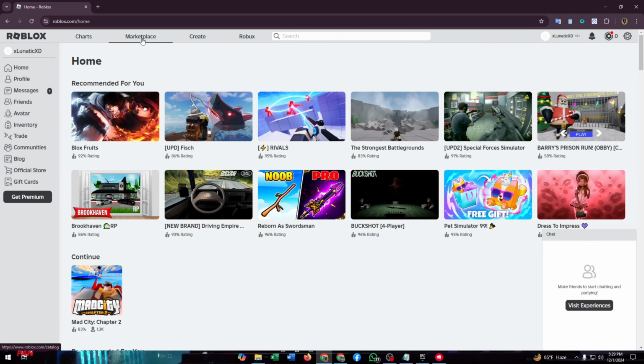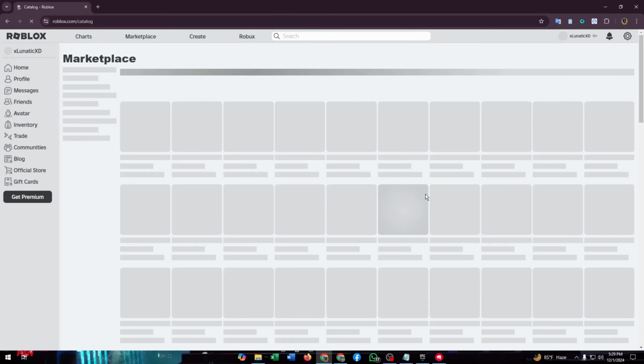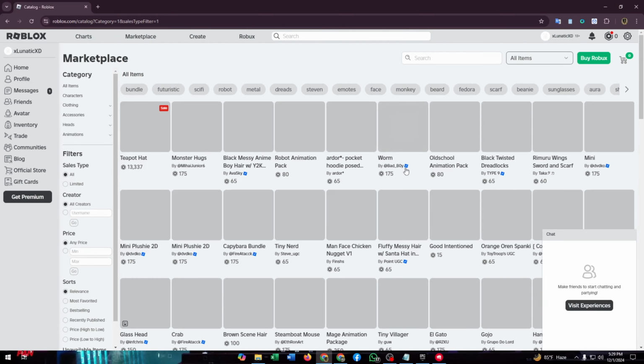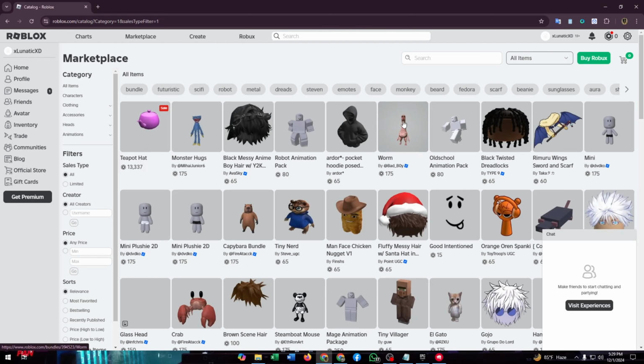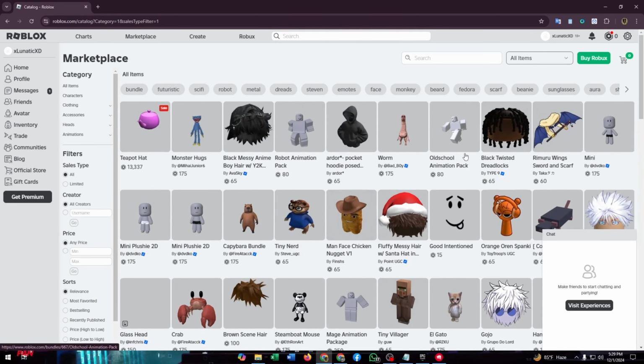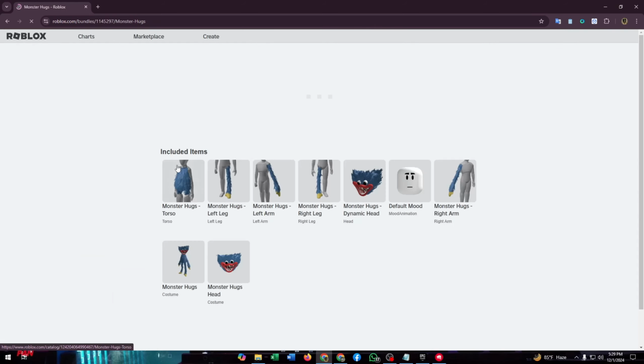For example, I'm going to Marketplace, and here I'm choosing a texture. From here you can choose yours, and for the sake of this video I'm choosing this